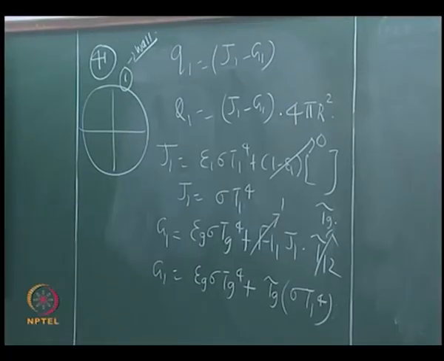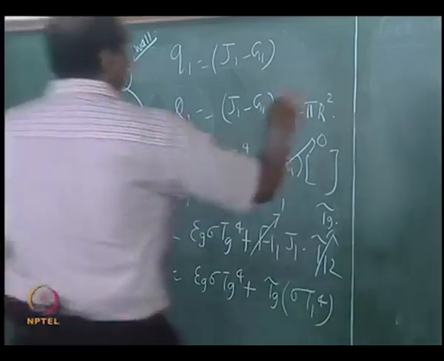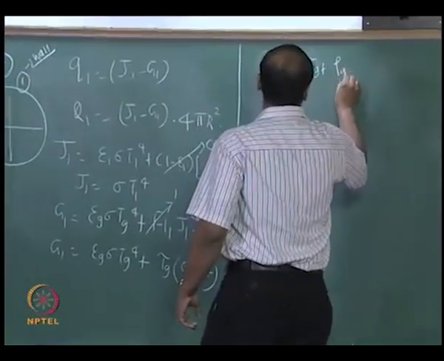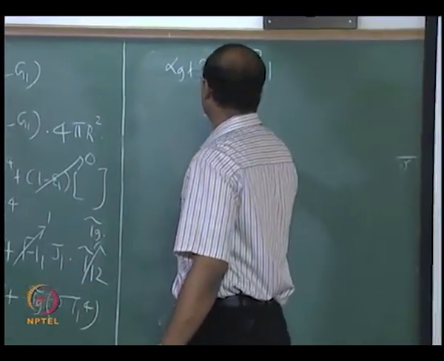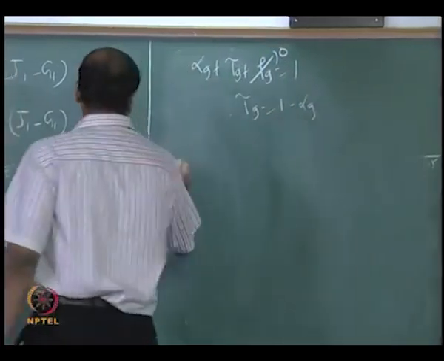Now what is this tau G? We cannot put 1 minus kappa L12 because that was for grey gas and all that. 1 minus alpha g. We did so much struggle to calculate alpha g, right. So we can say that alpha g plus tau g plus rho g equal to 1 for the gas also, we do not worry about this fellow now. Therefore tau g equal to 1 minus alpha g, therefore